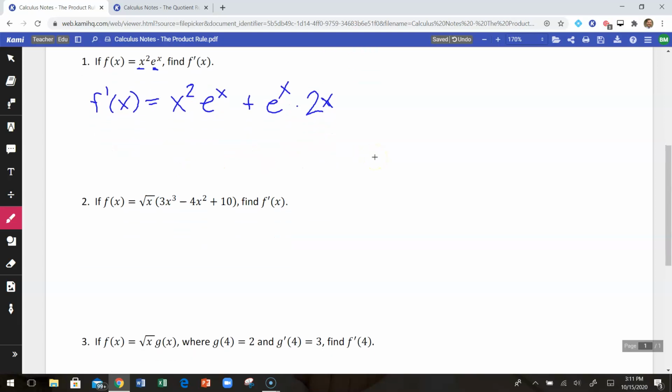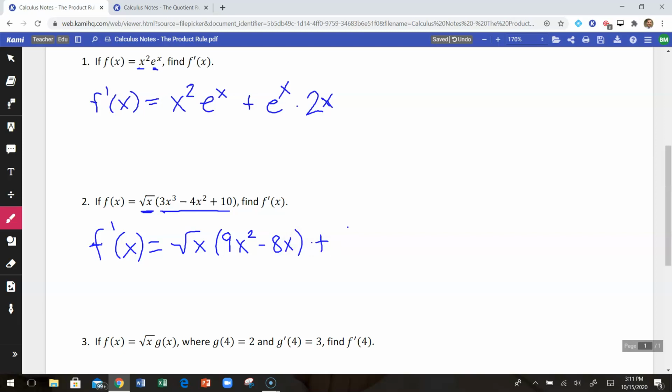Second one, we have f of x equals the square root of x times 3x cubed minus 4x squared plus 10. Again, I can easily pick out my two functions here. I have the square root of x, and then I have this polynomial to the side. So the first times the derivative of the second, using the power rule here, that would be 9x squared minus 8x,